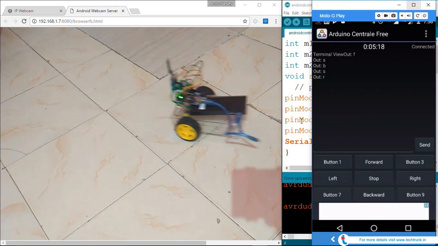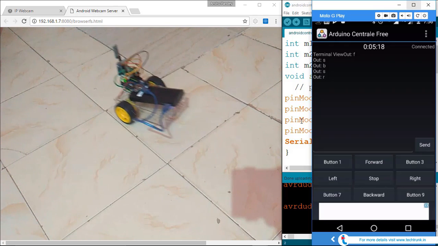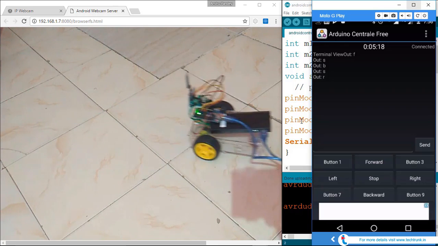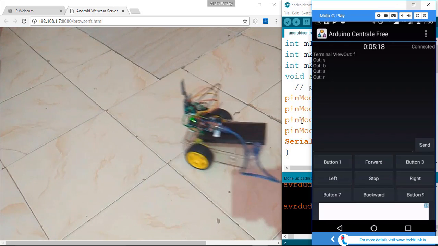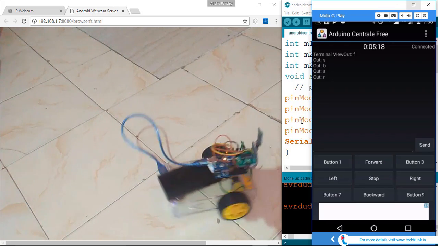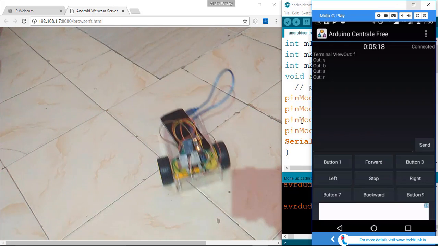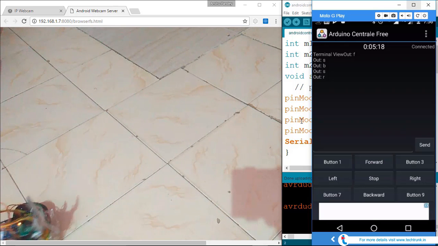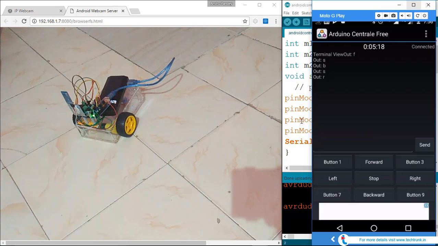Forward, backward, forward, backward, forward, right, forward, backward, left, forward, right, forward, stop. So this is how we are able to control the robot from our Android application, and